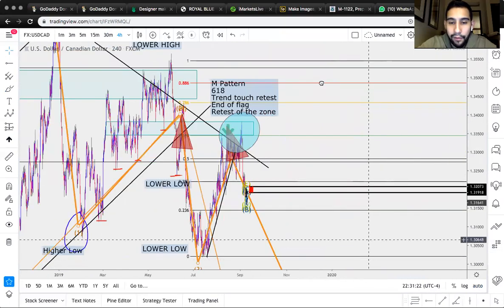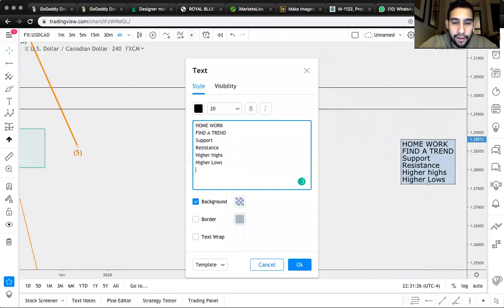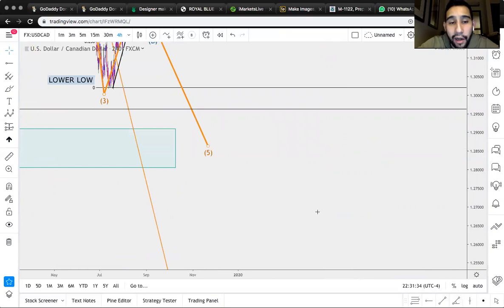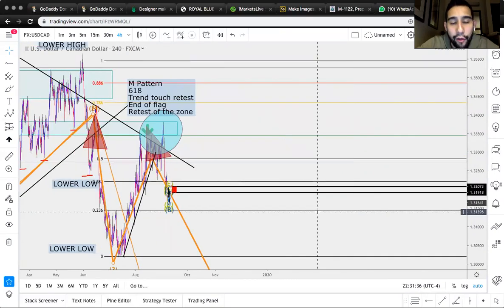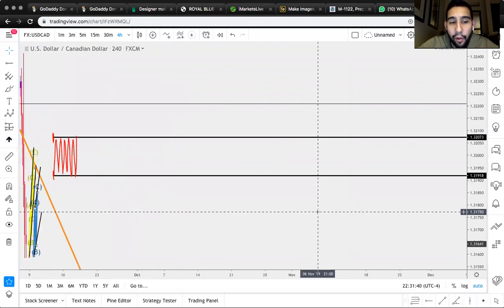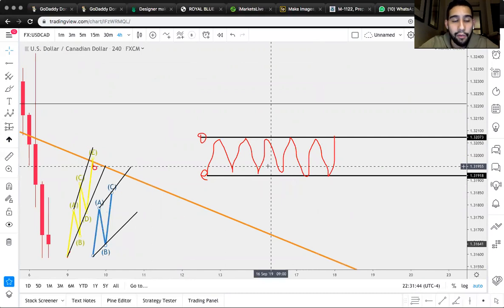Let me go ahead and find, where was the, okay. So we got higher lows, higher highs. Find a flag. We also want to find a flag, so you can make sure that you see that. Flags are one of my favorite things because they're really, really accurate. So now, the last thing I want to explain for today, because I think we covered a lot of stuff, and what we can do is recap it, but I want to now cover another thing,